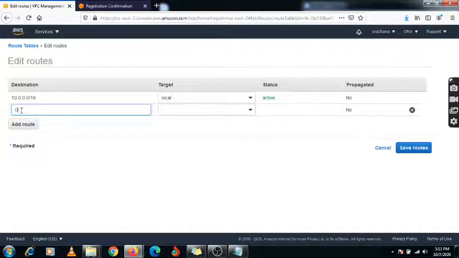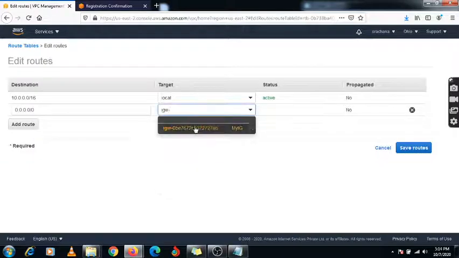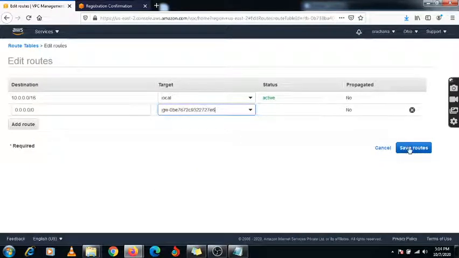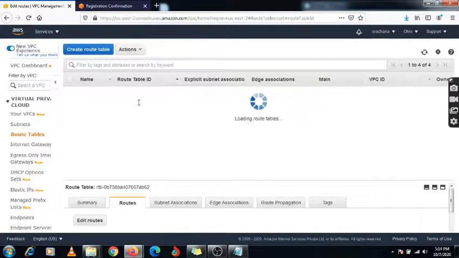So this is my path, and I'm going to assign it. Here you need to select internet gateway, and whichever internet gateway you have created, you need to select it and save the route.